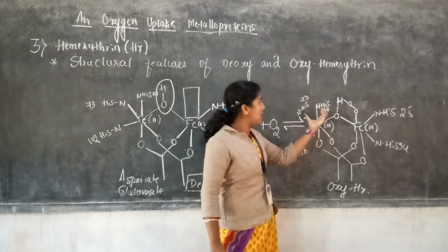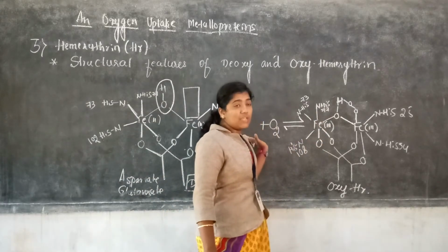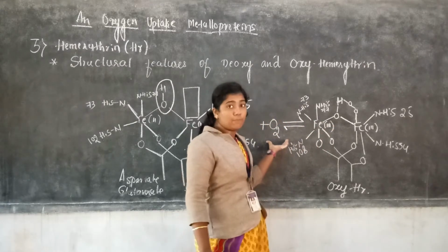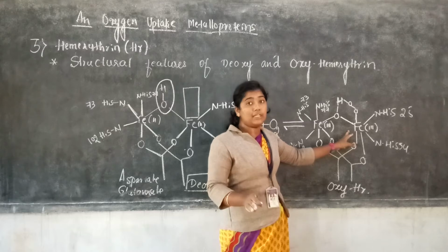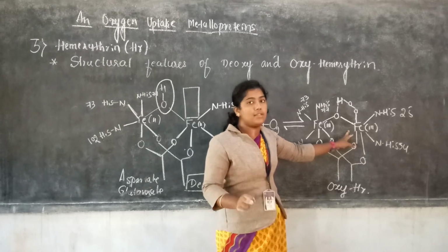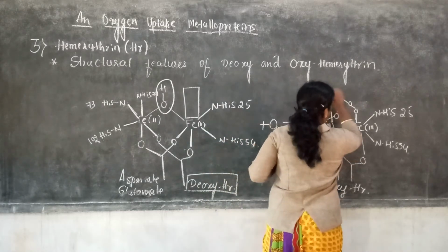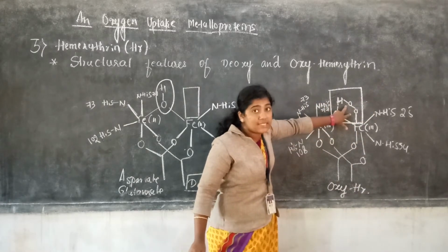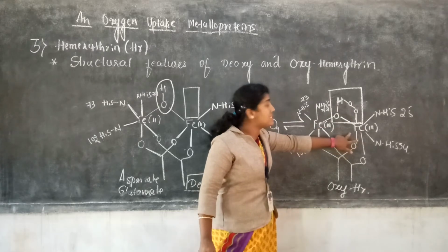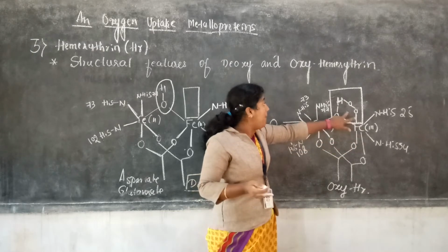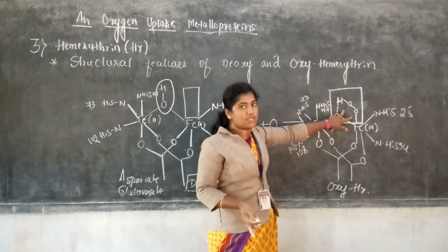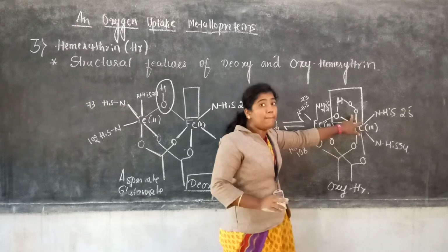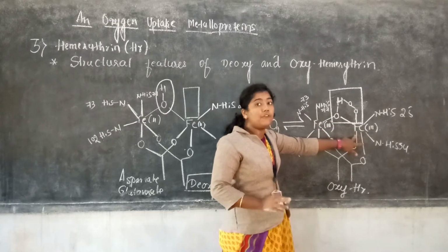Then the coordinations are the same as in the previous deoxy form of hemerythrin, but here the dioxygen binds asymmetrically at the second site of the iron center. So here we observe the dioxygen binding asymmetrically at the second iron as peroxide or hydroperoxide. Okay, like hydroperoxide or peroxide, the asymmetric binding takes place at the Fe3 site.